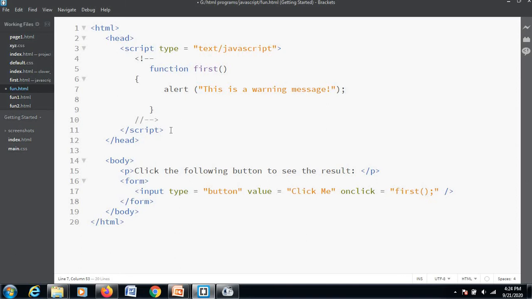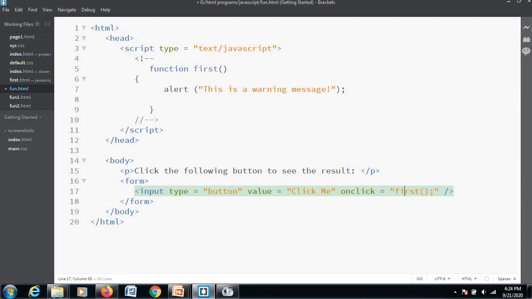So the script tag is closed here. Now head is closed, and in the body part I make an input type, that is a button. Value is what will display on the screen, that is you will see click me on the screen. And the event is called, that is onclick first. So this particular function will be called when you click on this particular button.